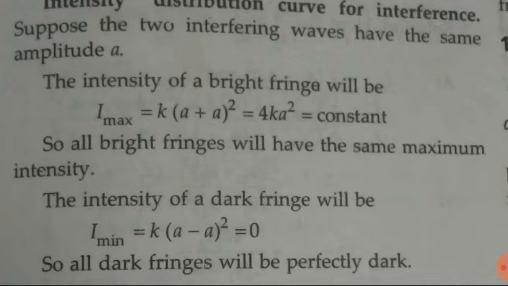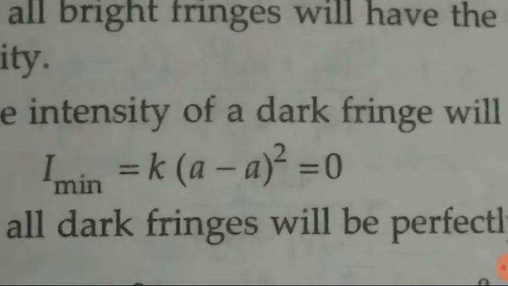Now suppose the two interfering waves have the same amplitude A, okay. For the bright fringe I told you how to derive that formula, I1 plus I2 whole square, okay. For the bright fringe we were getting the plus form, and for dark fringes we were getting the minus form,